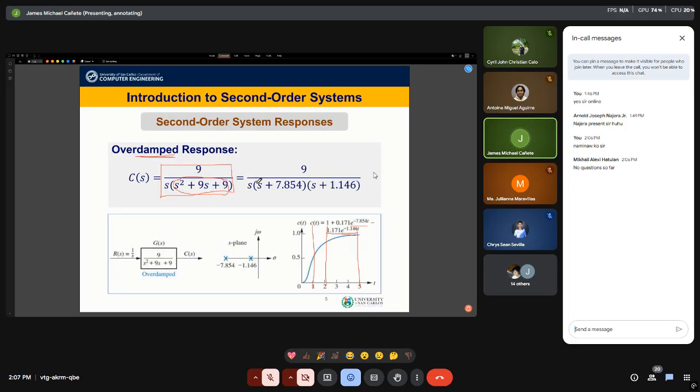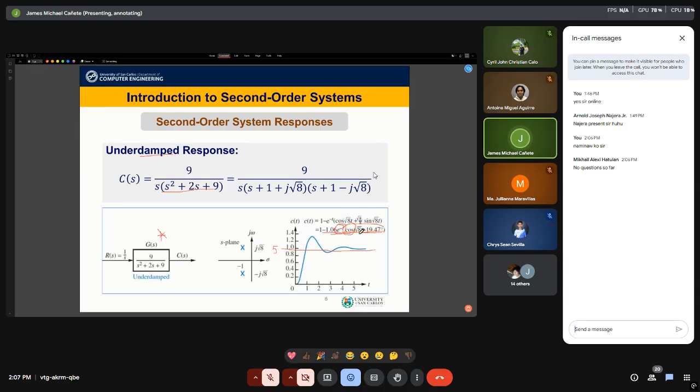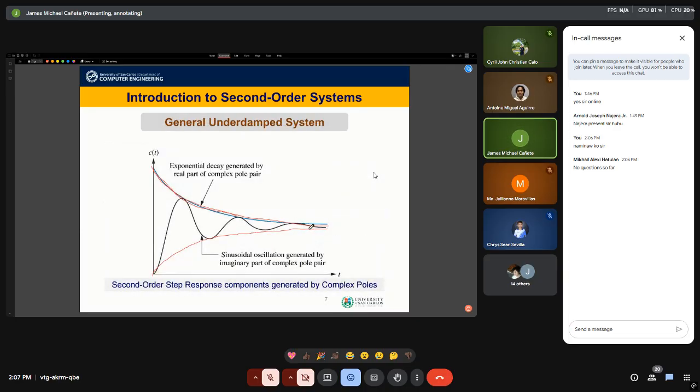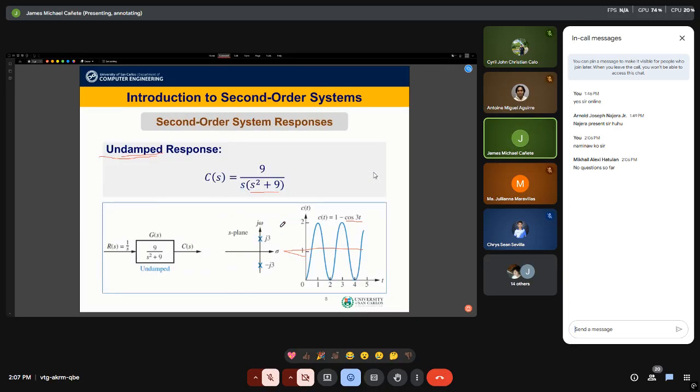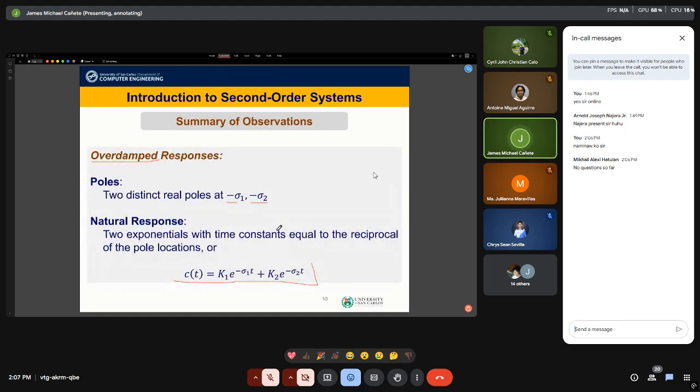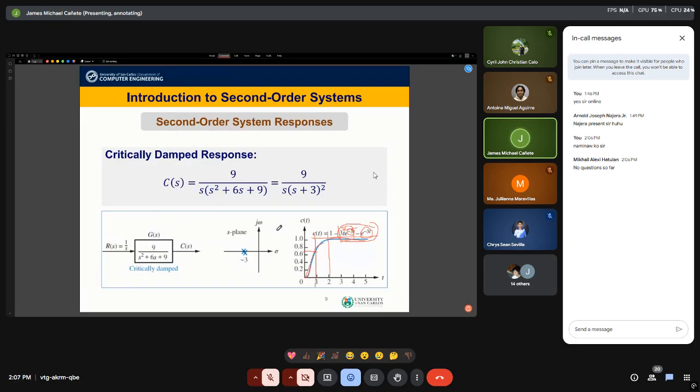The number one thing that shakes things up or makes it different from first order systems is the possibility of having a sinusoidal component in the time response. So cosines and sines. Now we want to figure out how to analyze this. If you see a second order system, the idea is at a glance, or with a quick calculation of the roots of the denominator or solving for the poles, you can already predict what type of response the system has.